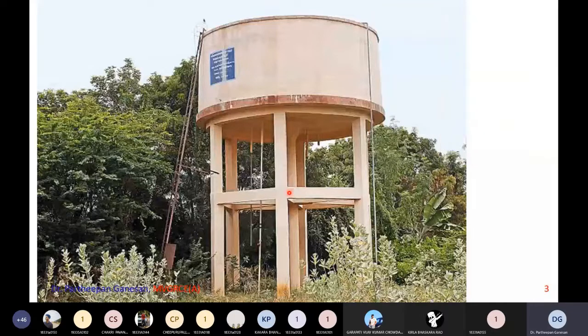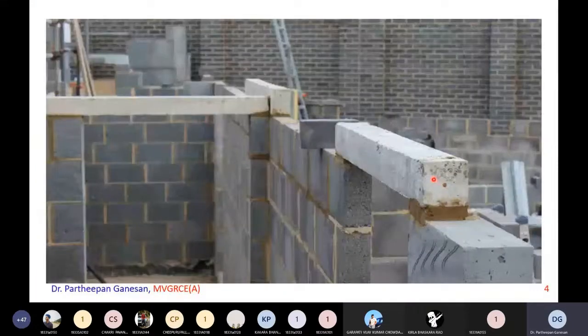You see this intermediate frame here. These are all beams. These beams are rectangular beams. This is not a rectangular beam because this is along the slab. This is a rectangular beam. Now you see here, these are all lintels. These are all rectangular beams. We see rectangular or square, whatever it may be. In general, we see it as a rectangular beam.